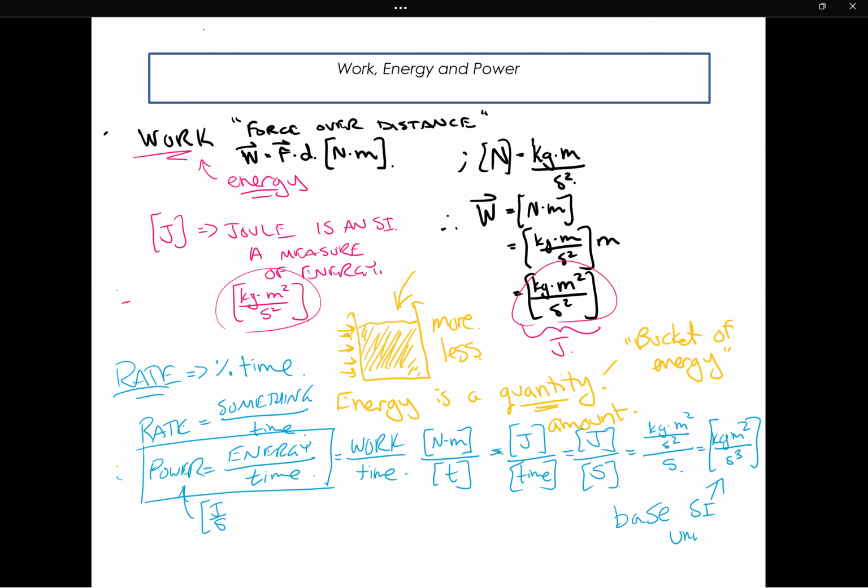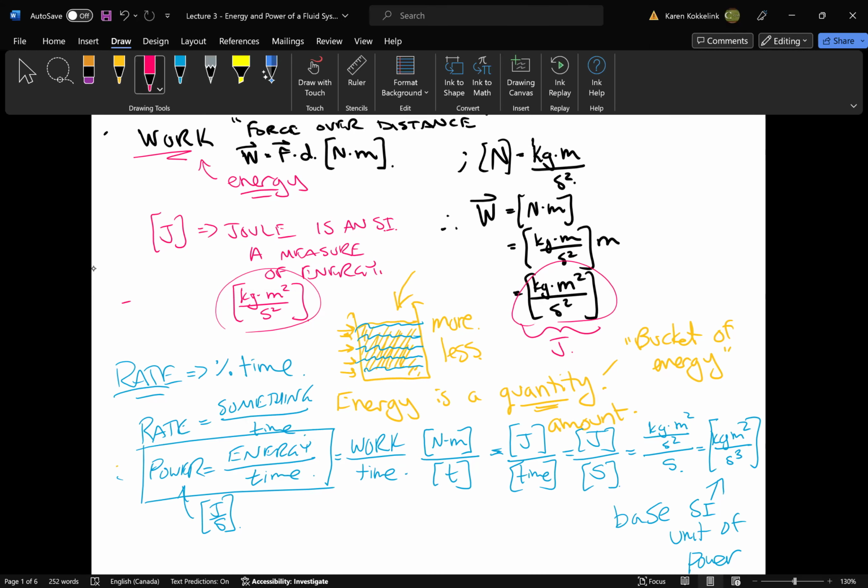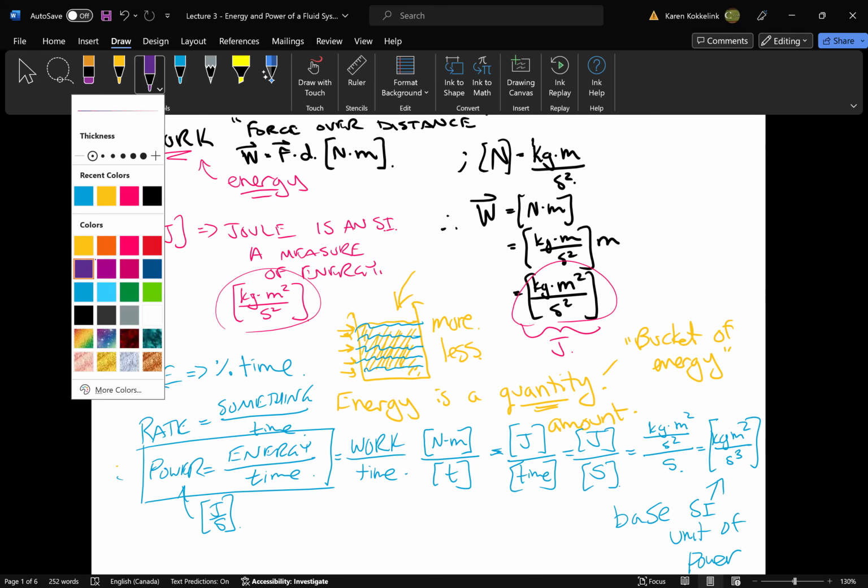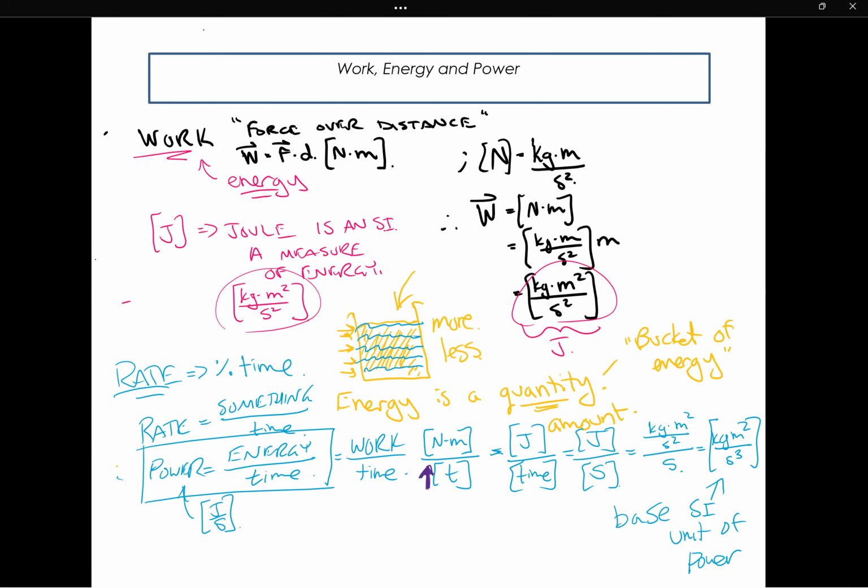Base SI unit of power. So power is the rate of work being done or work being consumed. It's the amount that I had to fill this bucket with over a course of time. So if time, now we'll change colors here to look at this concept. If it took a really long time to fill that bucket,